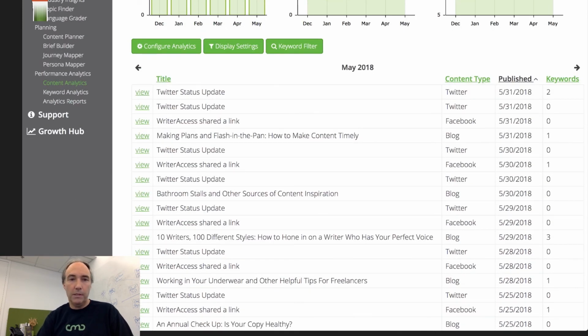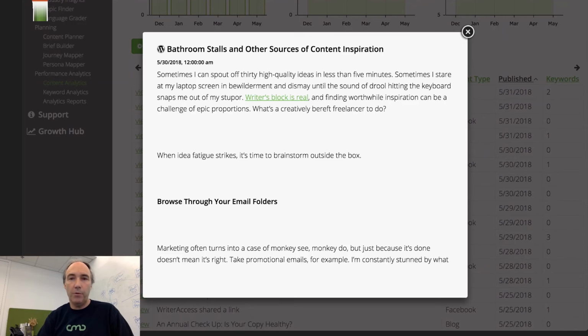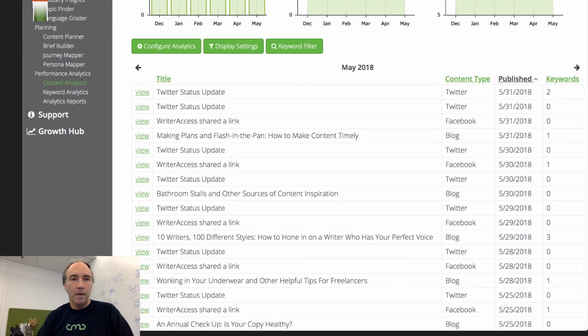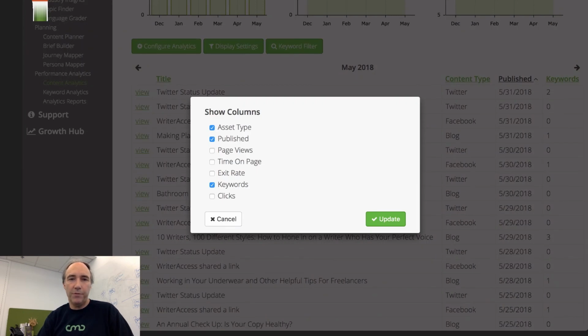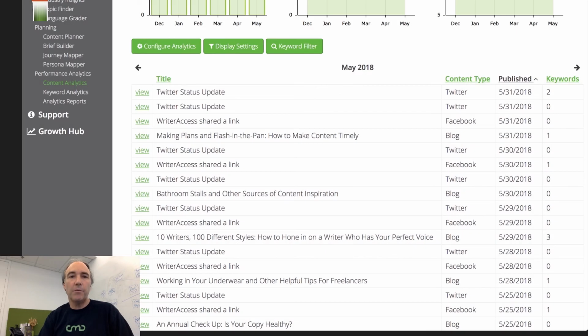If I wanted to look at this blog post that we published, we could quickly browse it. We can look at other analytics data, like how many keywords we're using in our posts or when it was published, do keyword filtering or set up the display to show different assets, time on page, page views. You can get all kinds of really rich data here, which helps you learn what content is performing the best.